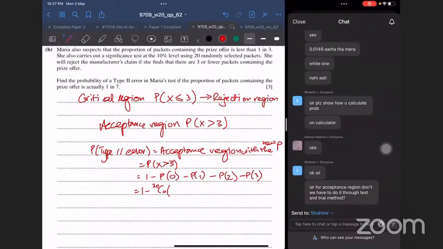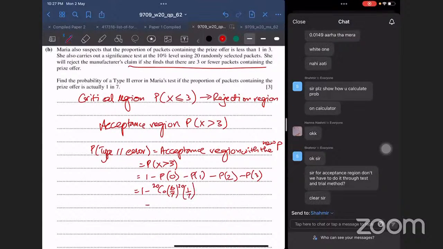शामिर, रिजेक्शन रीजन के लिए ट्रायल एंड एरर करते हैं, बट यहाँ पे देखो उसने खुद ही बता दिया ना कि रिजेक्शन रीजन है क्या, है ना। तो मुझे वो काम करने की जरूरत ही नहीं पड़ी। ओके,